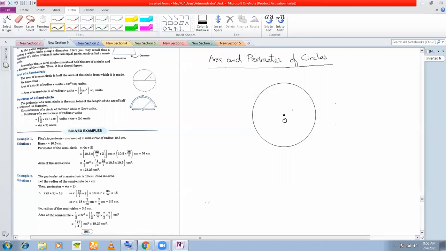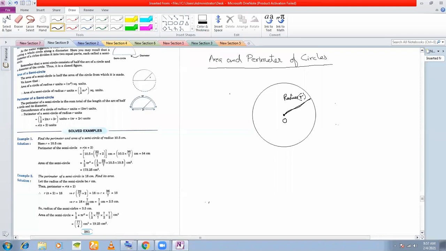If you have used your compass to draw circles, you place the needle at a certain point, and that becomes the center of the circle, and then you draw a circle with a pencil. The distance between the pencil and the compass needle that you take, that length, is called the radius of the circle. We normally denote the radius by r.